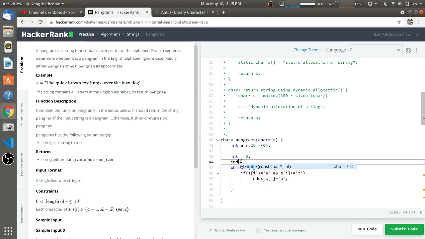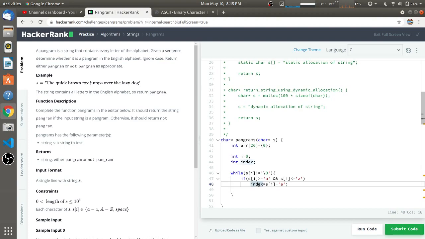I have to take one more variable, that is int index, so I will get to know which character it is by subtracting 'a', and I have to increment that index by 1. I'll do it here, that is arr of index will be incremented by 1. So this if statement will work for all the characters from small a to small z.